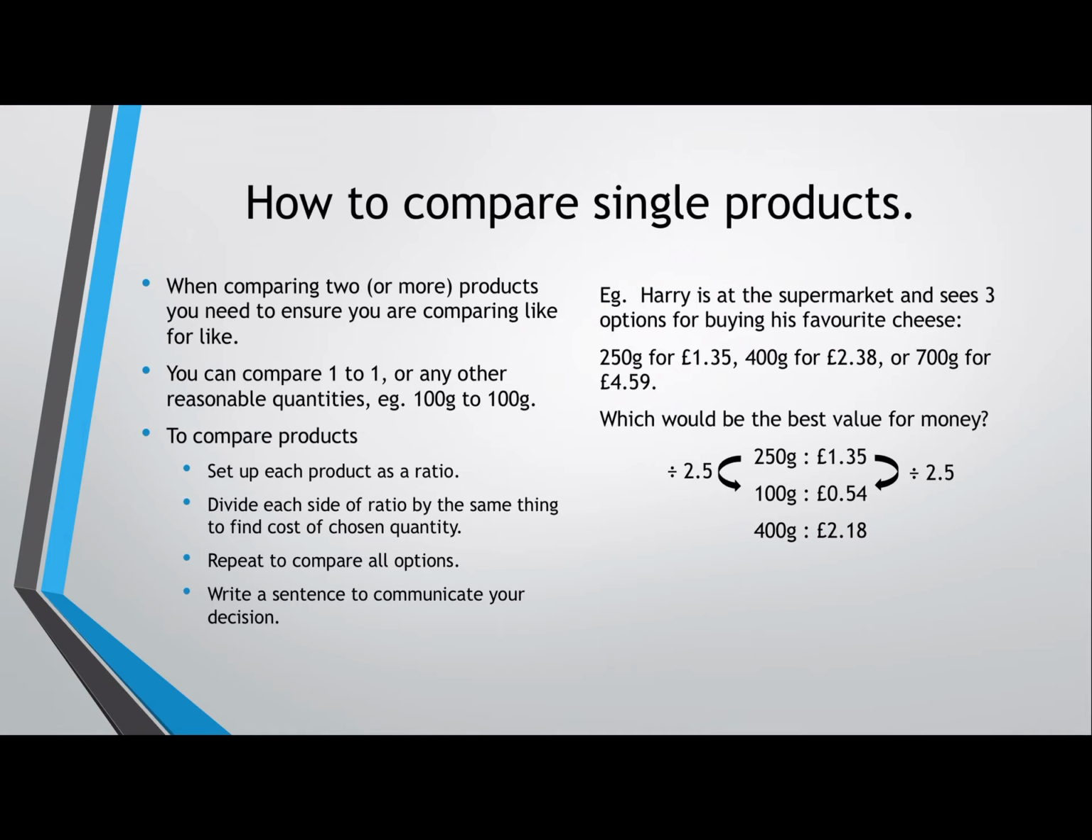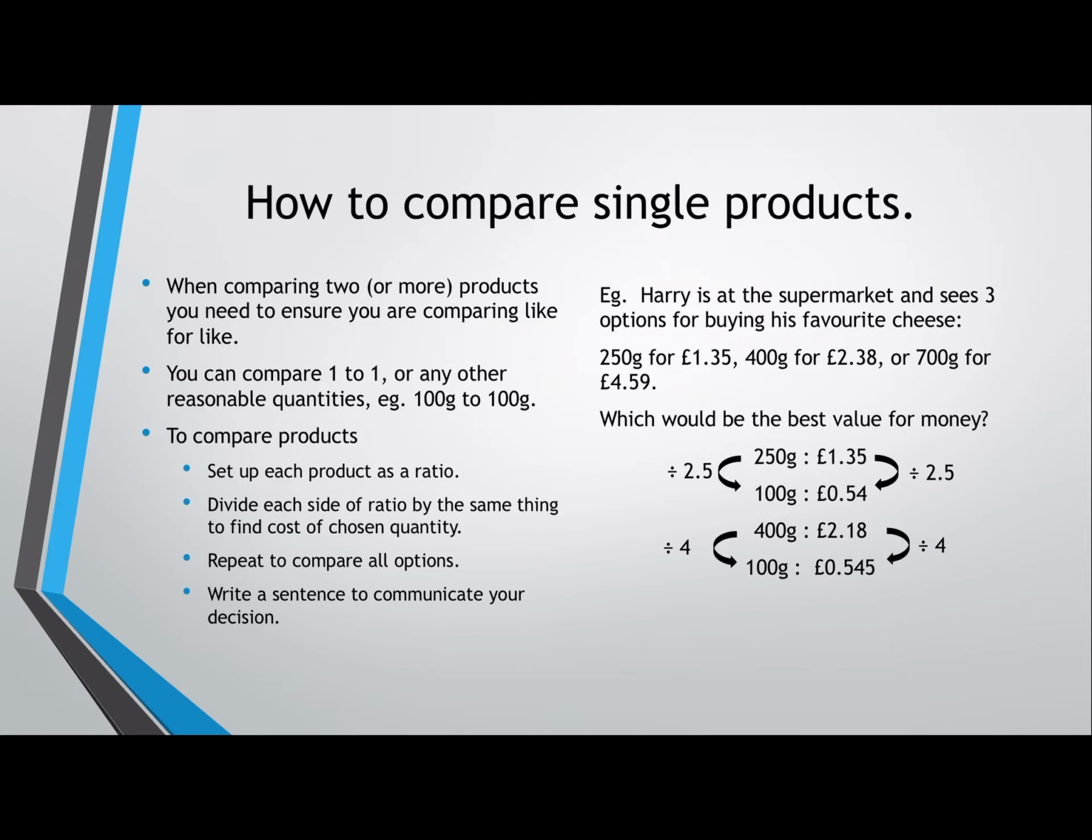So again, we need to divide both sides by the same thing to find our quantity. And we're going to do 100 grams. So this time, 400, we're going to have to divide by 4. And whatever we do to one side of the ratio, we do to the other side as well. So we get 100 grams is equal to 0.545 pounds, or 54.5 pence. In this case, I'm not going to round. I'm going to just leave it as is. I know that half a pence doesn't exist, but it doesn't actually make too much of a difference for this